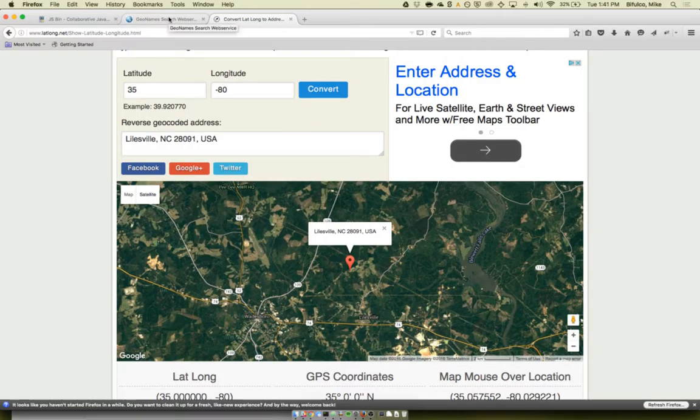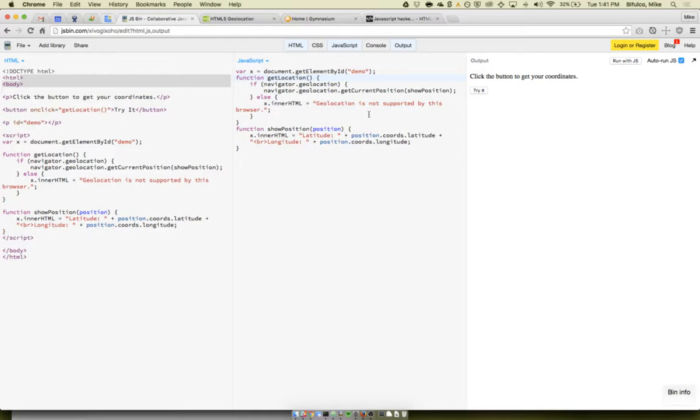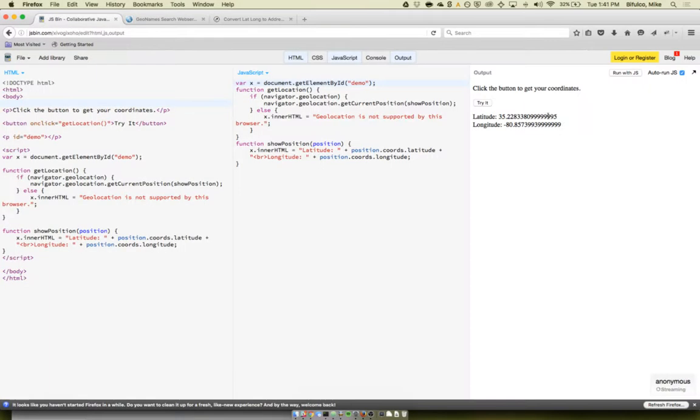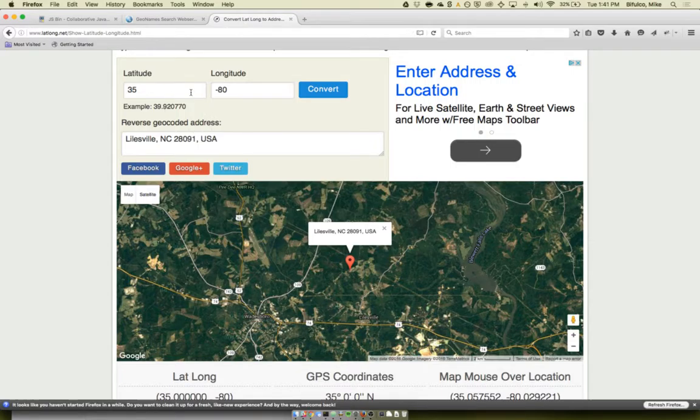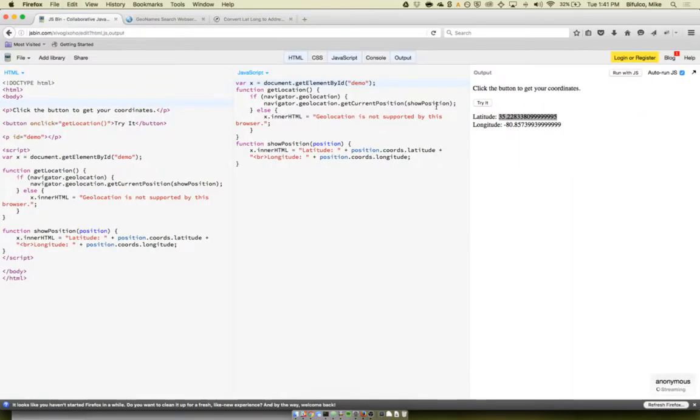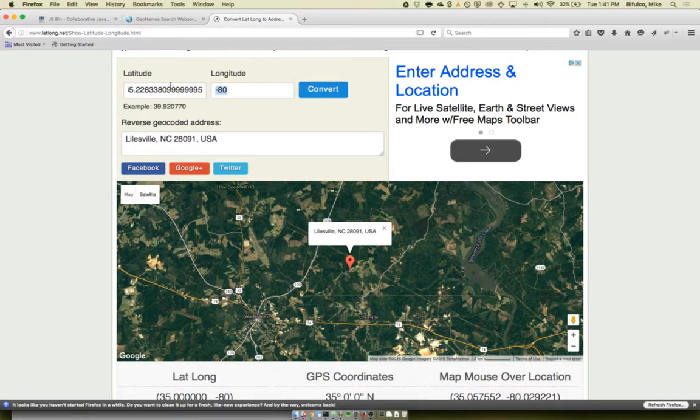That's close to where I am. I'm in Charlotte. Let's see. I'm going to put in the actual values I got here. We'll see how close it gets. That's not what I wanted. Okay, so as you can see, if I grab these, this should be pretty close to where I am,